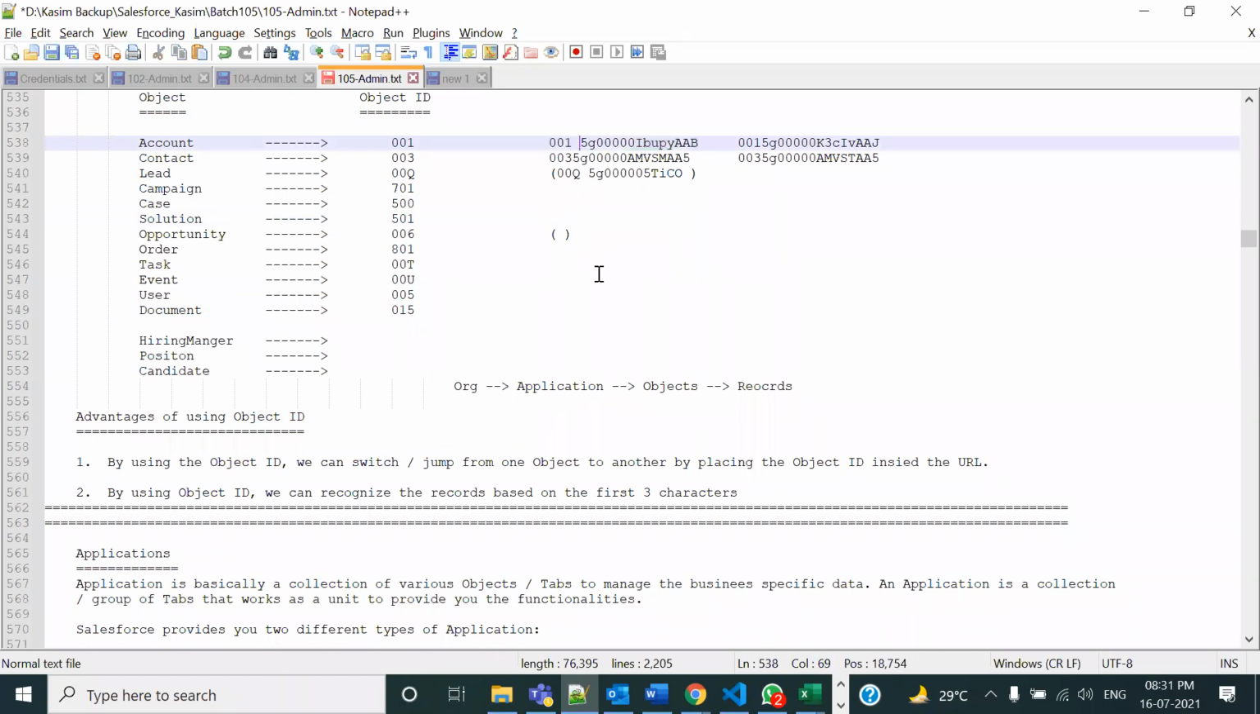अब ये पूरा 18 डिजिट आईडी है इस रिकॉर्ड का। इसकी पहली 3 डिजिट देखिए आप, पहली 3 डिजिट है 001, फॉलोड बाय द 15 डिजिट रिकॉर्ड आईडी, जो कुछ भी आखिरी की 3 डिजिट है वो चेकसम कहलाते हैं। ये हाइड होते हैं, ये 3 डिजिट हाइड हो जाती है एडमिन लेवल पे। डेवलपर को सब पता चलता है, ठीक है। चलिए छोड़िए। सो 001 मतलब अकाउंट रिकॉर्ड, 003 पहले 3 डिजिट देखने से समझ में आ जाता है। मतलब आपका कॉन्टैक्ट रिकॉर्ड, 00Q मतलब आपका लीड रिकॉर्ड, 701 मतलब कैंपेन रिकॉर्ड।